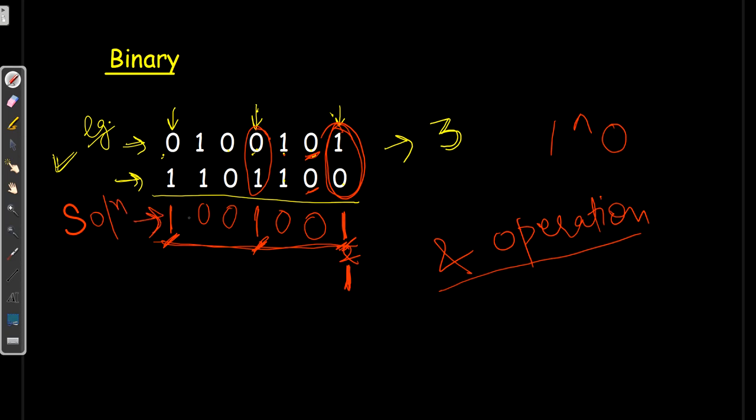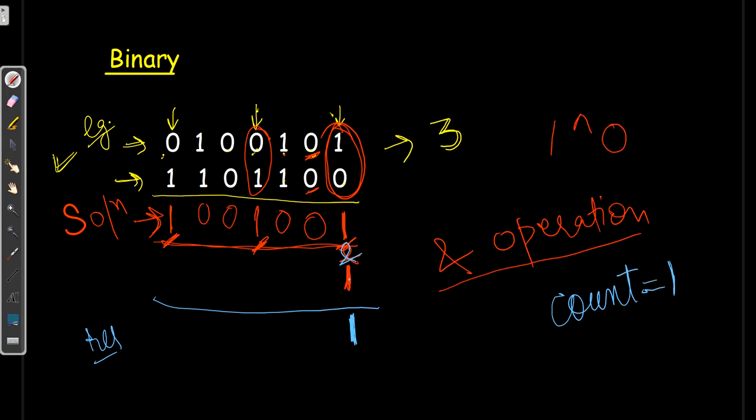Solution at this time is 1 0 0 1 0 0 1. Now what I did, I applied AND 1 to my solution. So 1 and 1 will return 1. As soon as I get 1 in my result, count will increment by 1. Now I will right shift it. As I am done with the least significant bit, this one, I will right shift the solution like this.